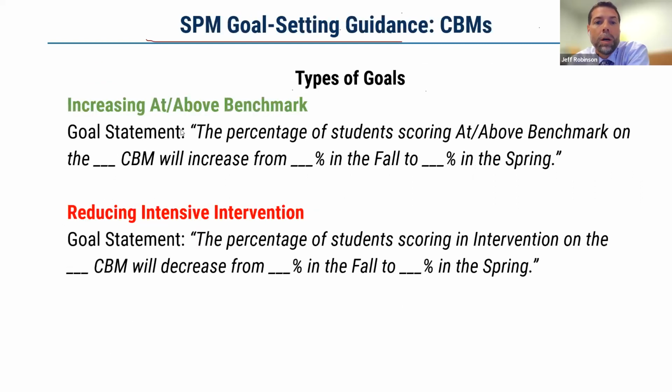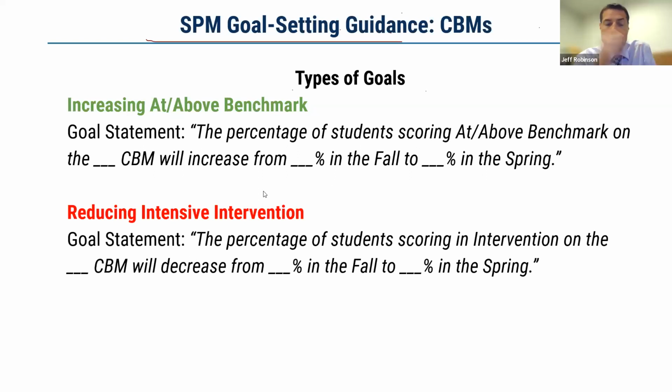Okay, so we're going to talk first about setting SPM goals for curriculum-based measures, the CBMs. There are really two types of goals you'd want to look at. Either we're going to increase the percent of students who are scoring at or above, or we're going to decrease the percent of students scoring in intensive intervention. For the first one, the goal statement you can see here says the percentage of students scoring at or above